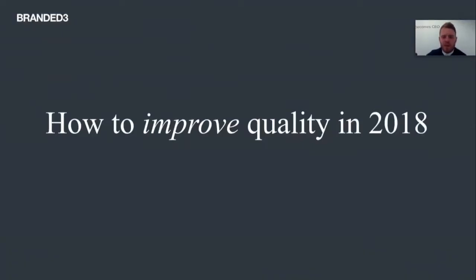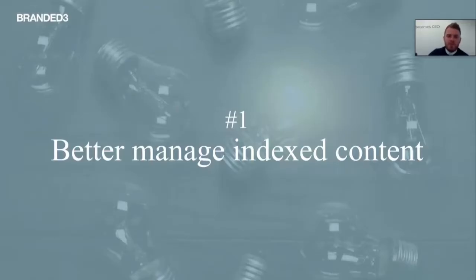So I'm going to share with you some tips and some insights that I've garnered this year when it comes to improving website quality and how we overcome some of the issues that we've seen this year. Number one is to better manage indexed content. So what I mean by that is looking at what Google's actually indexing on your website. We can gain an understanding of that through tools like Search Console. You can use site commands in Google as well to understand the amount of pages and what pages in particular